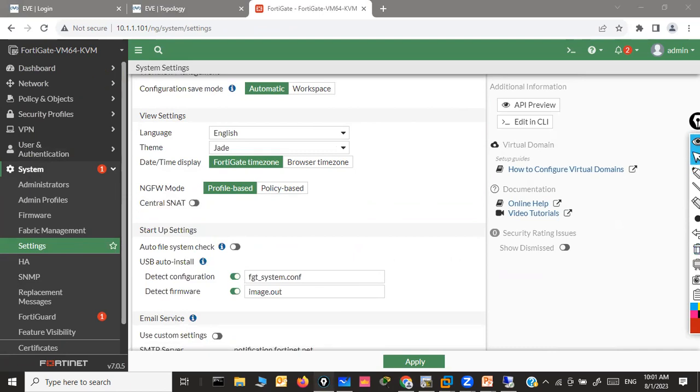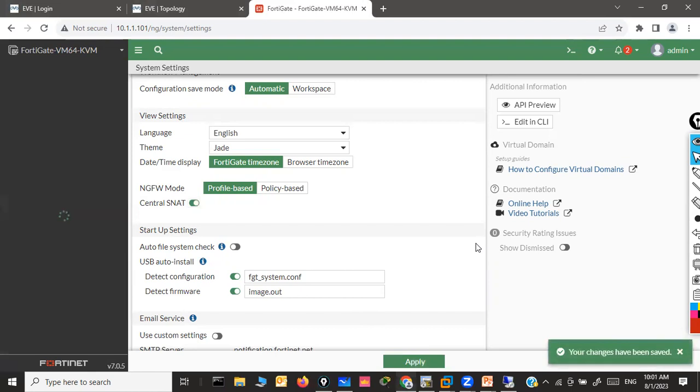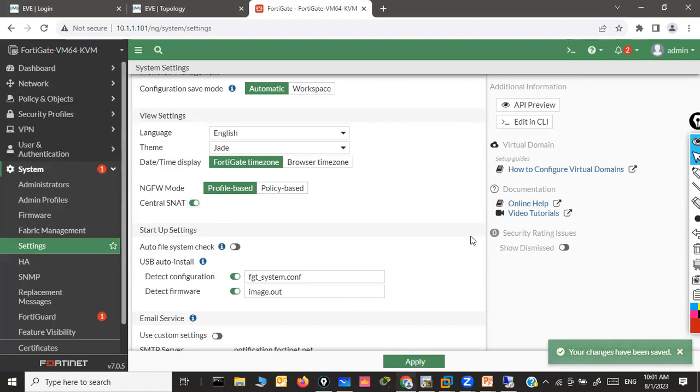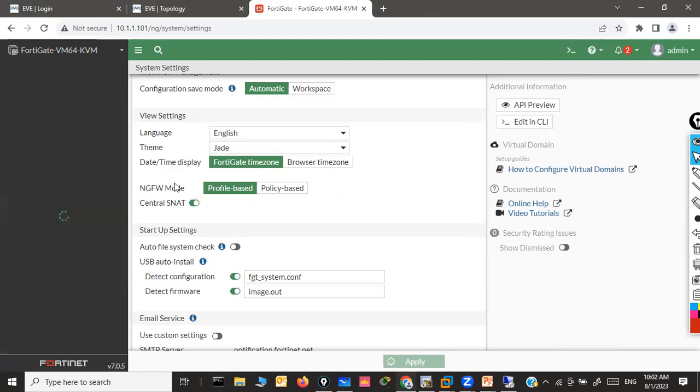But in case you are coming from a different vendor or doing a migration, migrating your configuration from Checkpoint or Palo Alto to FortiGate using FortiConverter, then Central SNAT is required. Turn it on and apply. It will give a warning message, most probably no warning message. But what happens now is the NAT option in the security rule wouldn't be available anymore. Apply,